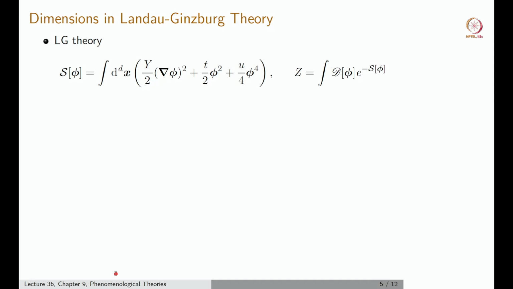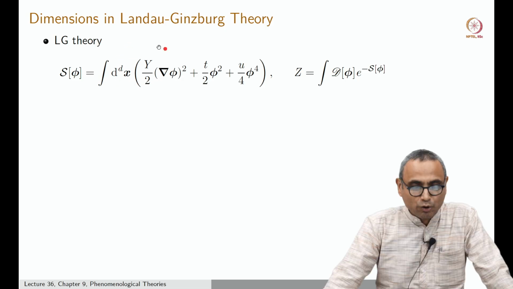Okay, so this is the Landau-Ginzburg action written with no further approximation other than whatever is put in physically here. So this is the action functional, and I am going to exponentiate this action functional. I cannot exponentiate anything with dimensions, I can only exponentiate numbers. So S of phi must be dimensionless. Now this is an integral over a volume, and therefore there is an integration measure. So this has dimensions of L to the power D, and therefore this whole object here has to have dimensions of L to the power minus D.